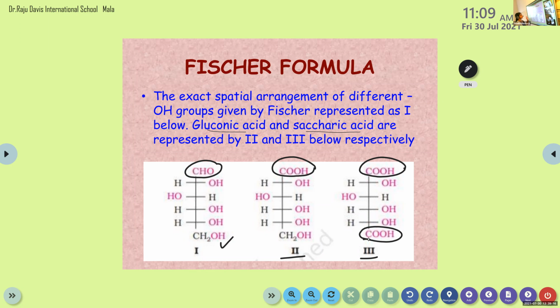And you have to draw the structure like this. That means you have no permission to change the position of OH to the left side. When you draw it like this, CHO, then OH here, then H here, then OH, H, OH, OH, H, then CH2OH, the configuration will be different. So you have to follow the same structure as shown in the figure. Okay? This is clear now, Achyut?